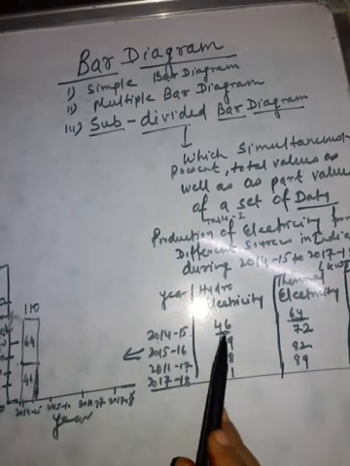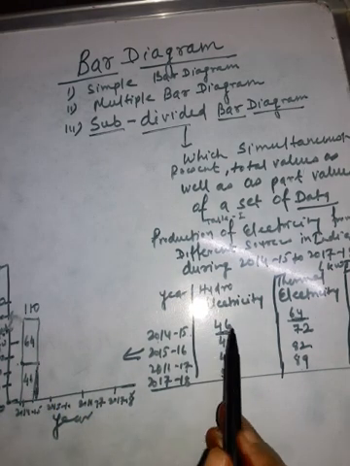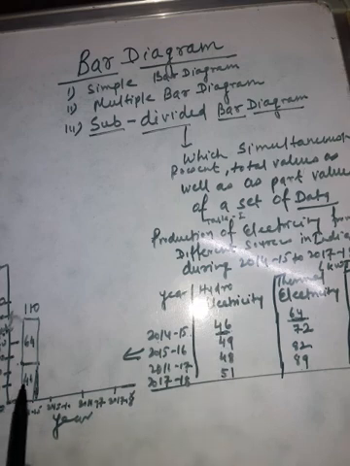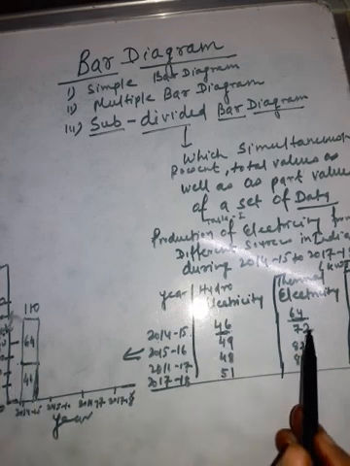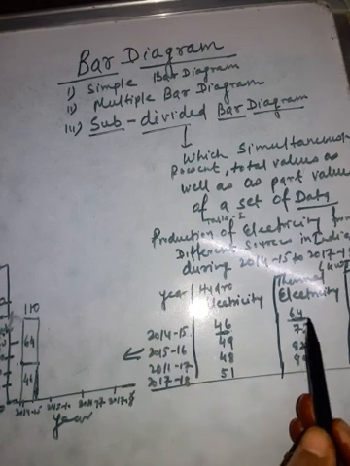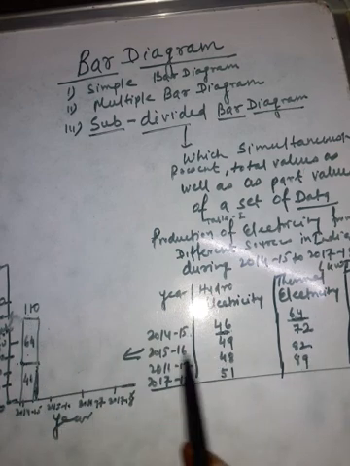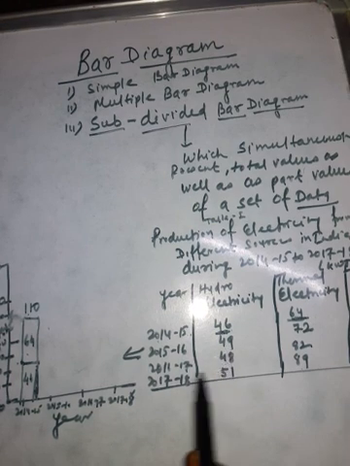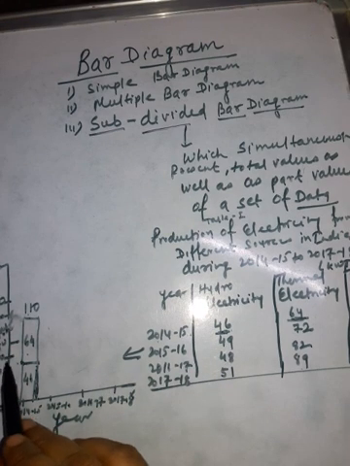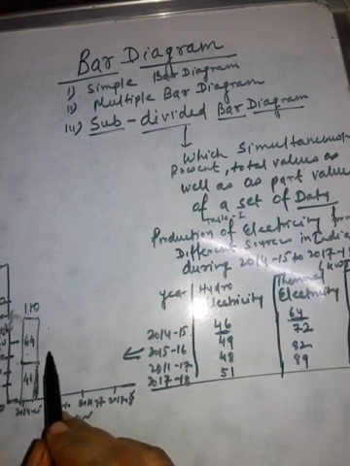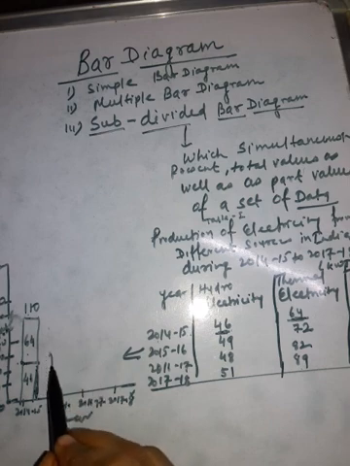This data you have to show in the same bar. So what will you do? First you show the first data, that is 46, and then you add the second data on this, and that will be the total production. Likewise next you will do 49. Here between 40 and 60, almost here will be 49, year 2015-16.